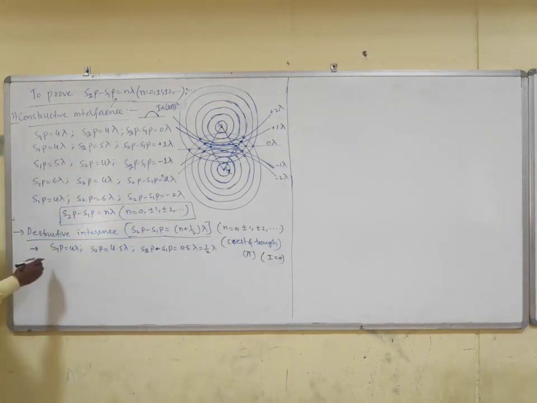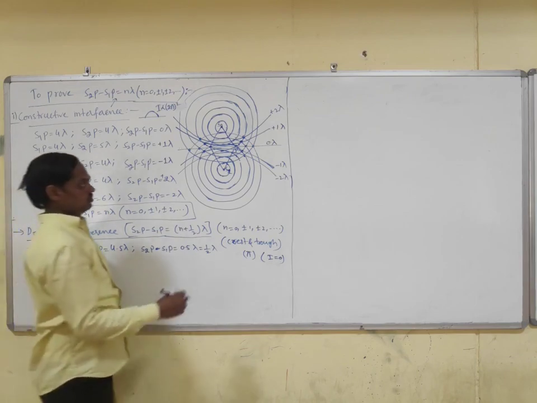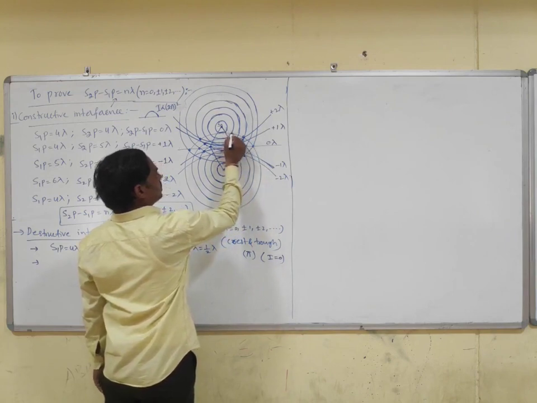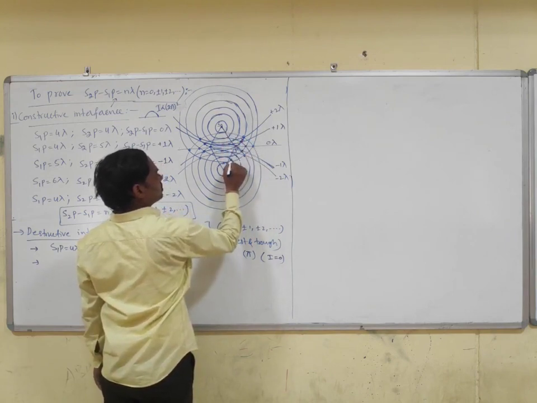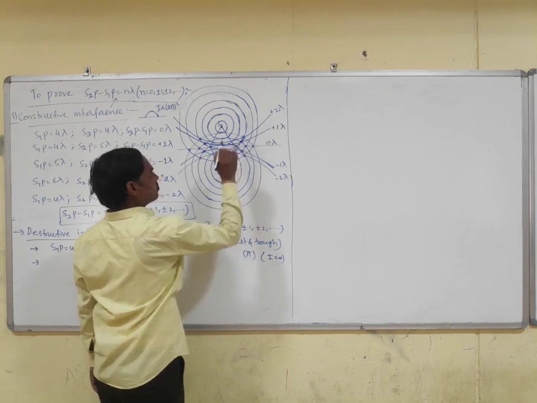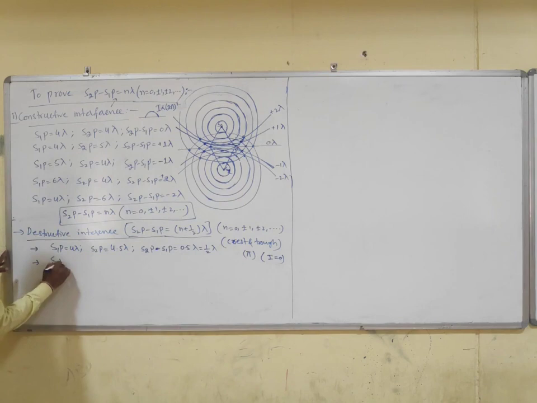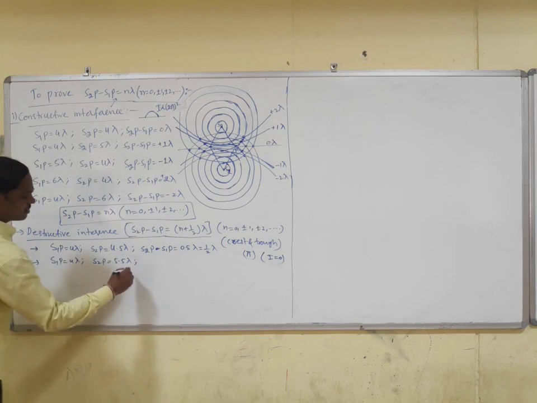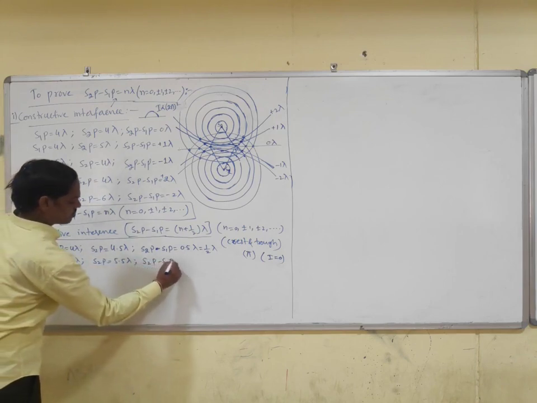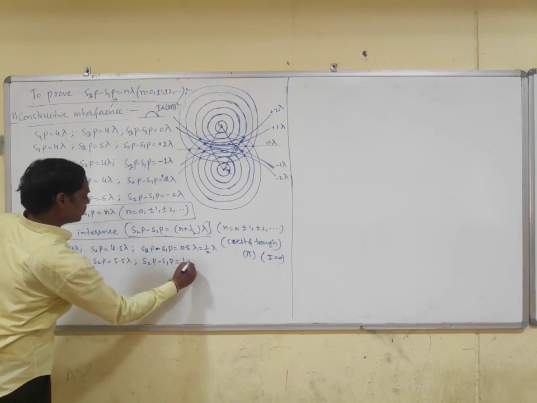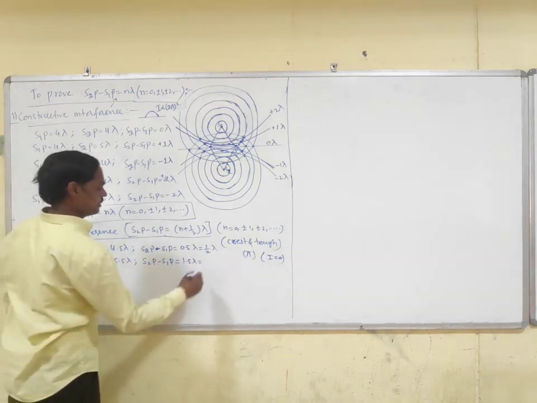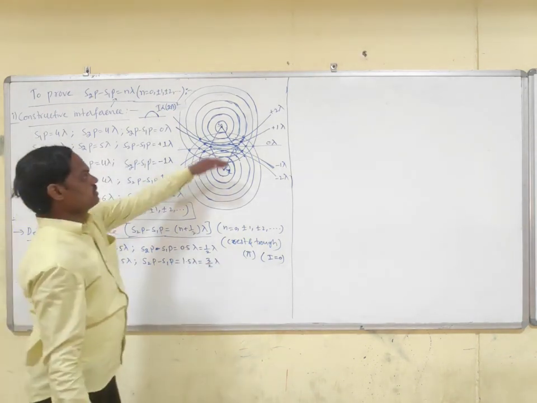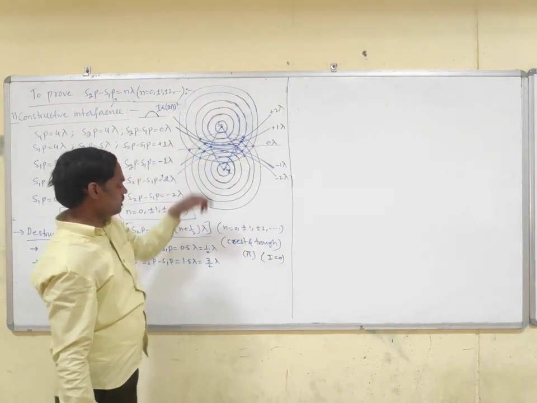Okay. Next, this is one point, and let us take this point. 1, 2, 3, 4. 1, 2, 3, 4, 5.5. Okay. S1P 4 lambda, S2P 5.5 lambda. That is S2P minus S1P is equal to how much? 1.5 lambda. Okay. So 1.5 means 3/2 lambda. So these are the points above the middle line in the positive direction. So we are getting positive.